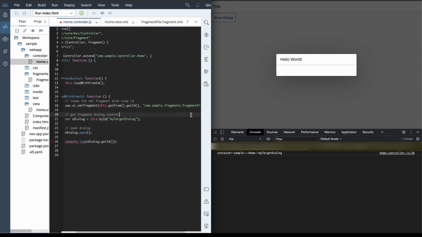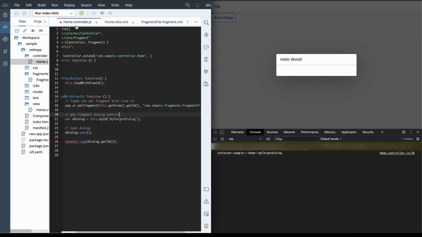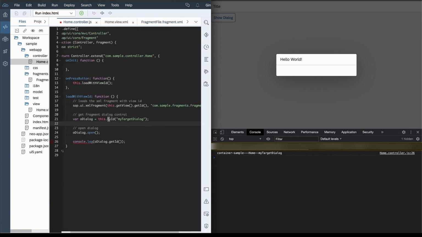Afterwards, for us to access the dialog, which is my target dialog, you simply use the this.byId API and pass the ID of the dialog itself. And then we are able to open that dialog because we have provided the view ID to the XML fragment API. So let's check the output of this